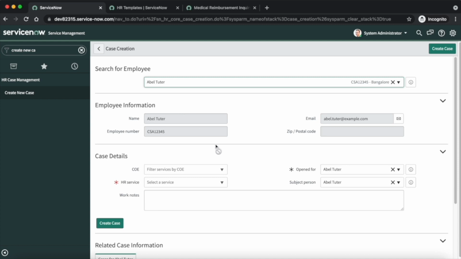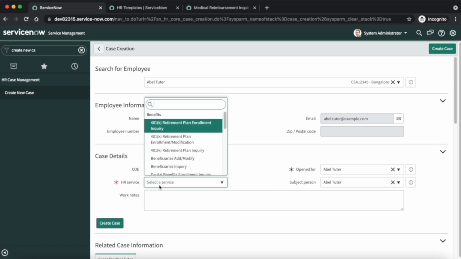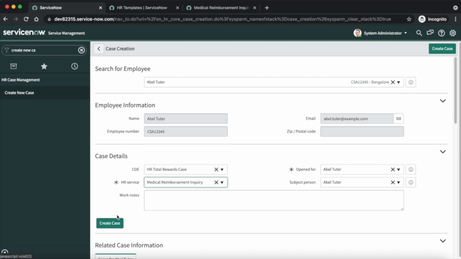I am selecting Abel Tutor here. The table is HR total rewards case, and the HR service is medical reimbursement inquiry. Let's submit it, and let's check whether the assignment group, short description and priority are getting set as per our configuration.